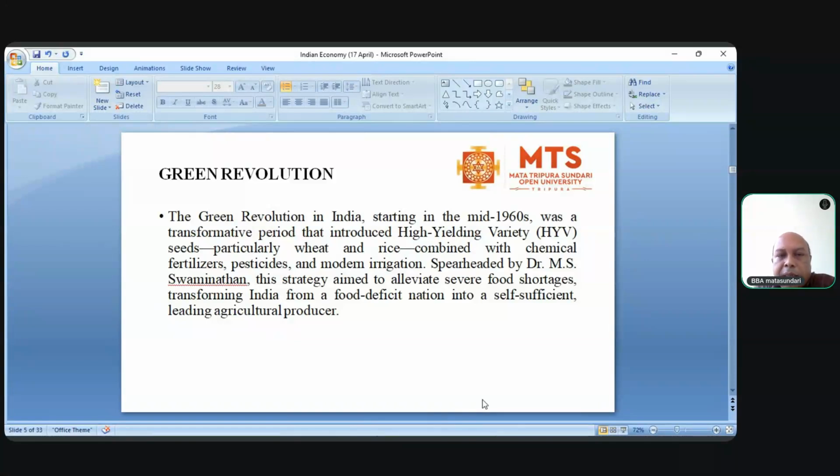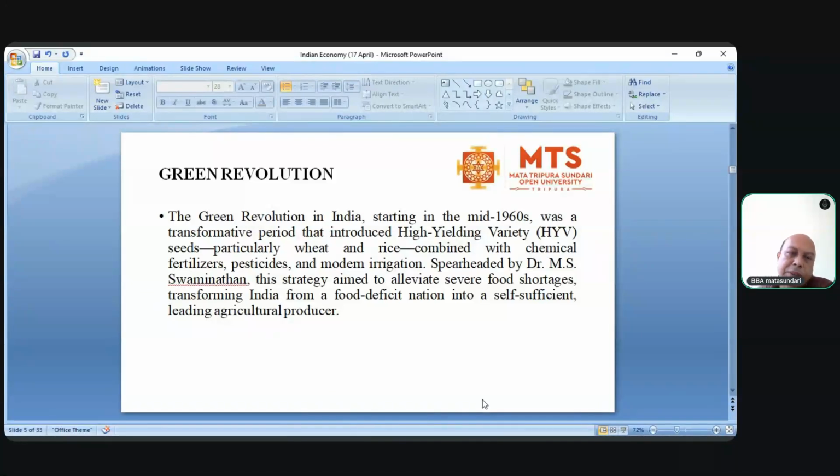Actually, when India got independence in 1947, during that time food grain production in India was very low, and people did not have enough food for their subsistence. And also in India, there was a shortage of food grain cultivation or production. So after independence, the Indian government thought that food grain production in India should be increased. And for this purpose,